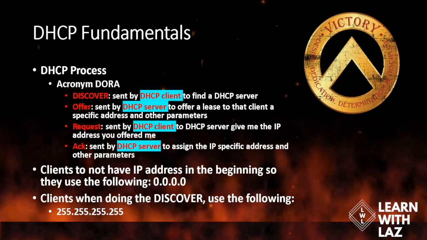So the DHCP server says, hey, listen, I got this for you. And then the client's going to respond and say, oh, okay, give me that IP address that you just said you're going to give me with all its parameters. And then the server will say, okay, I acknowledge that you want this IP address, so I'm going to send you that IP address that I told you I was going to send you and all the parameters, all the little things that go with it. And you get assigned that IP address, hopefully, if everything is running correctly.